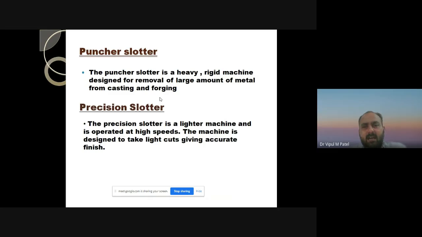The puncher slotter is a heavy duty machine tool. It is a rigid machine which is designed for removing a large amount of metal from castings and forgings.